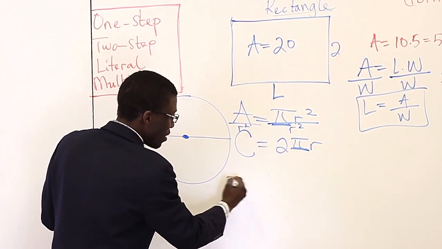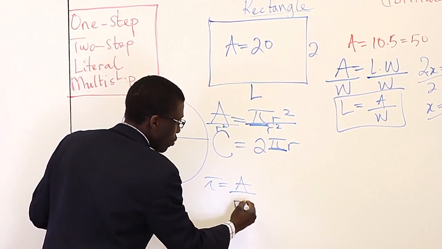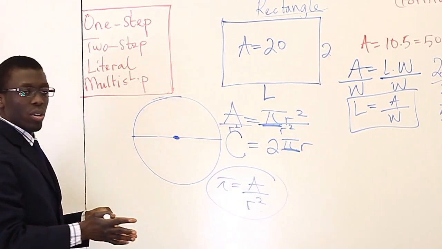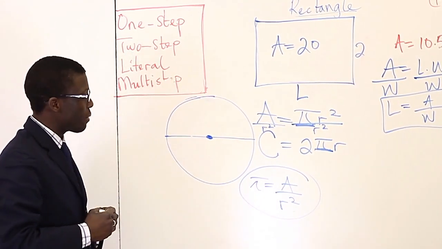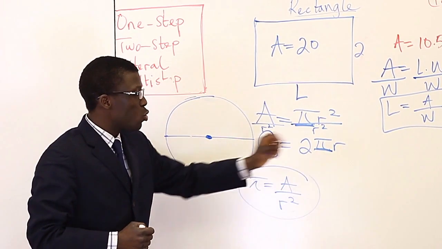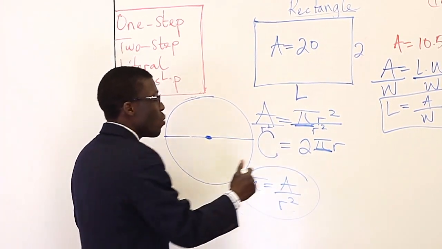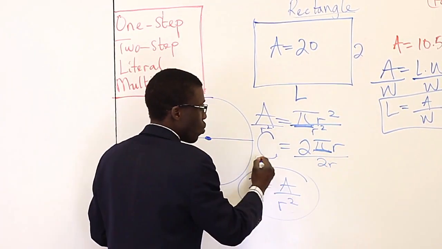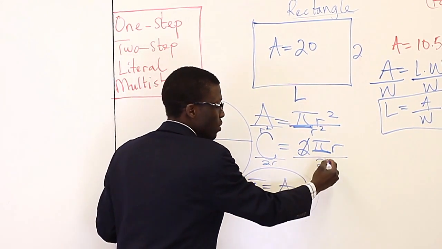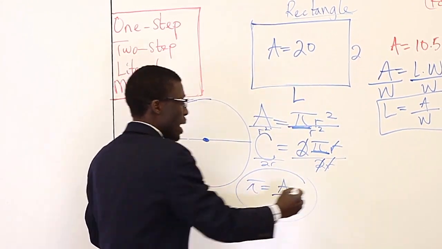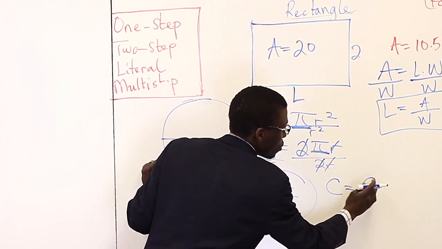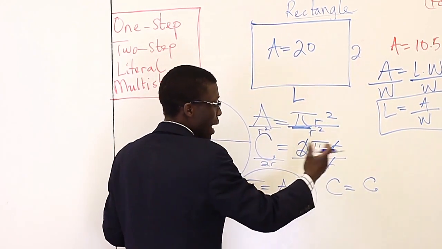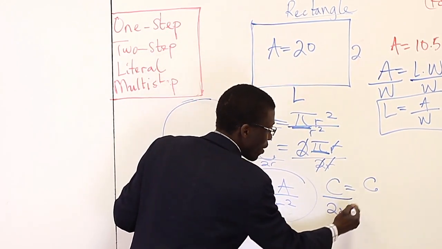So pi is equal to A over r squared. Now, that's straightforward. We divided both sides by r squared. Now, the circumference is 2 pi r. If we're solving for pi, we would divide both sides by 2r, again because that would cancel the 2 and the r. So C is equal to 2 pi r, and C over 2r is equal to